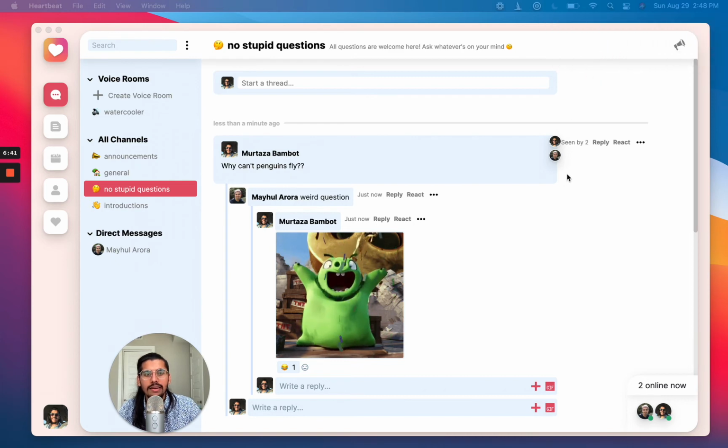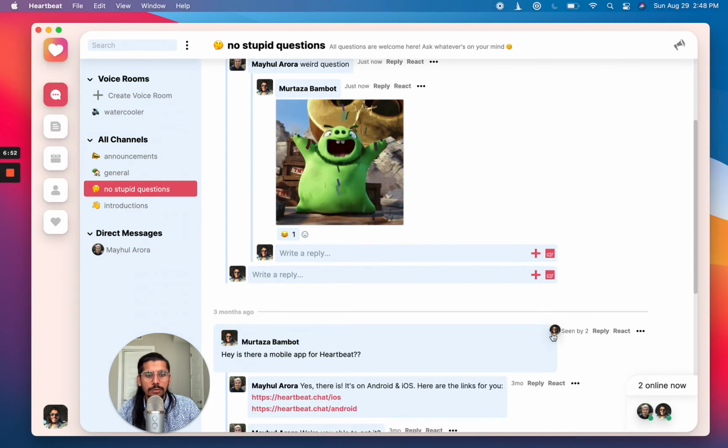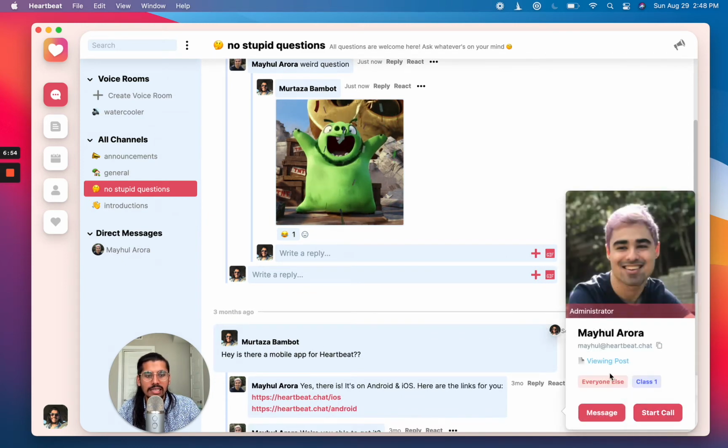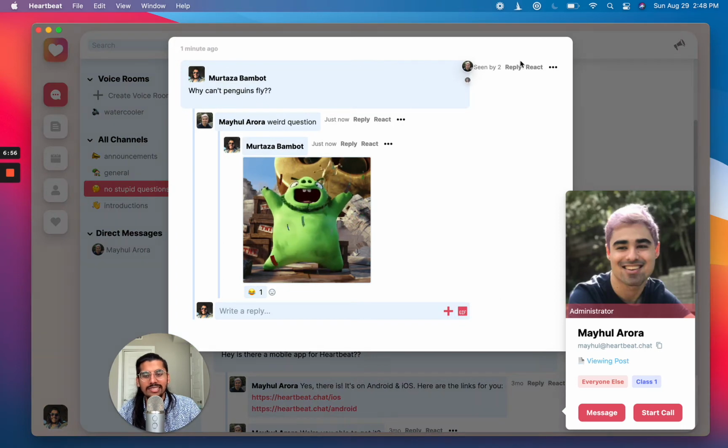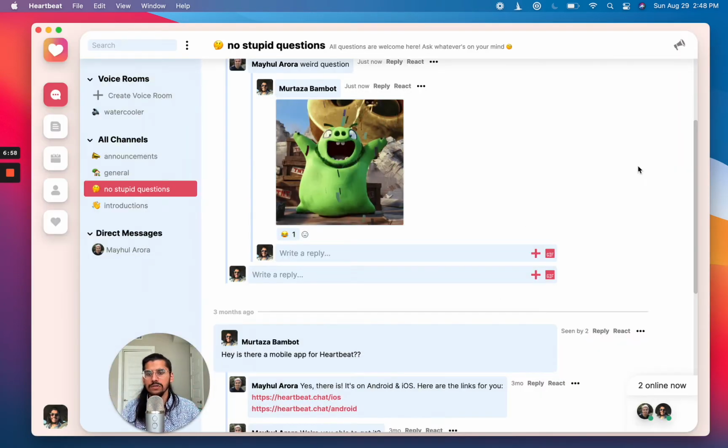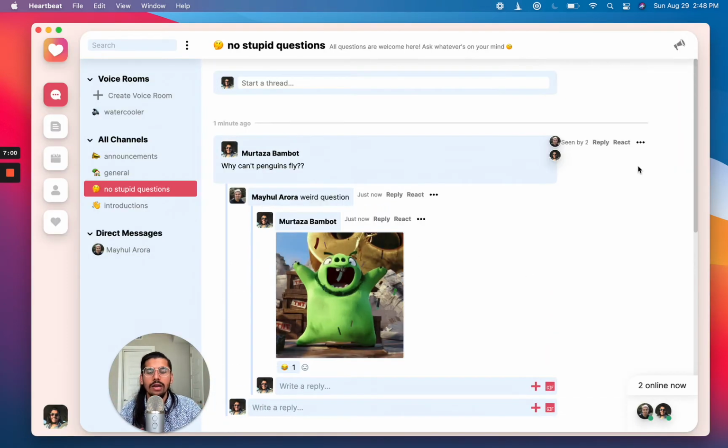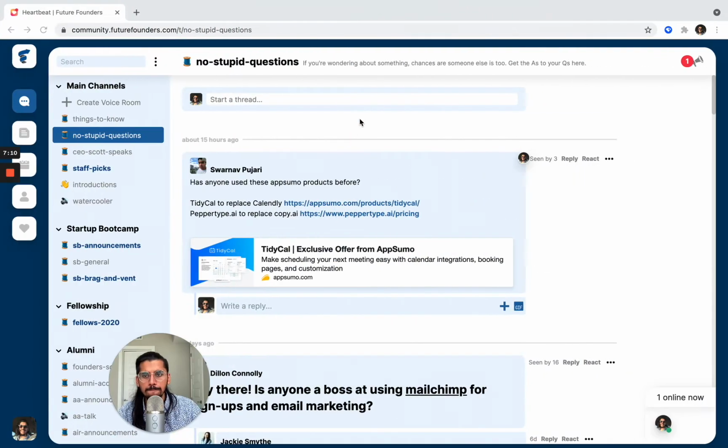And then over here on the right, you'll see that there's two heads hovering over Heartbeat, me and my co-founder. So as we're moving around the platform, you'll see our heads bop over different things, and I can see the location that somebody's at. I can jump to it. So everything feels live and it's like happening right now. And so as you see a Heartbeat community actually growing, you'll start to see the posts come in, you'll see the typing indicators, you'll see people moving around, and you can physically see where all the activity is happening.